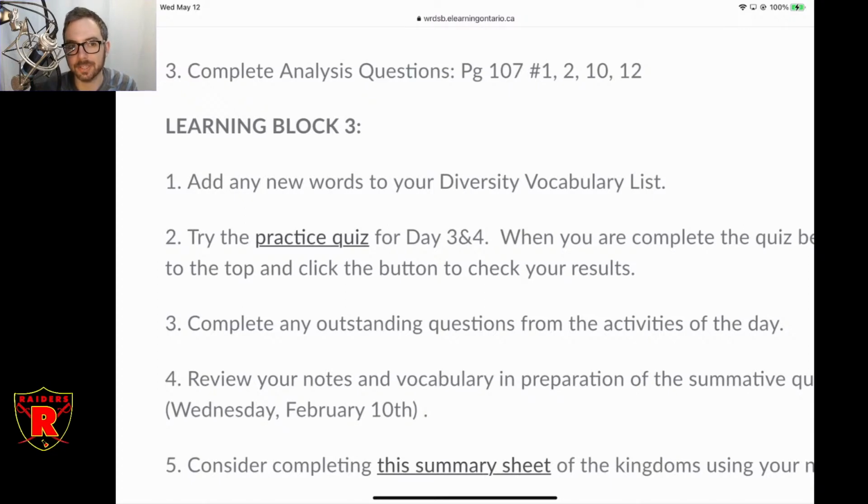It matters because it's giving you an indicator of some things that you need to go and review in your notes, or some things that you should chat with me about before you write the unit test. If you don't understand something in the practice quiz, when you have a similar question on a similar topic on the unit quiz, which does count, you probably are not going to be able to answer that question. That would be my guess. So in order to get to the level of depth that you need to be successful in this course, you are going to have to circle back if you find something that you don't understand in a practice quiz. That's the purpose of the quizzes. It's an alert mechanism for you. Hey, you probably don't understand this. Go back and take a second look at this or talk to me.